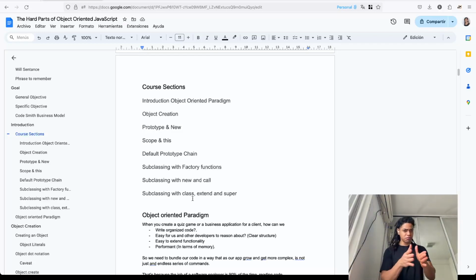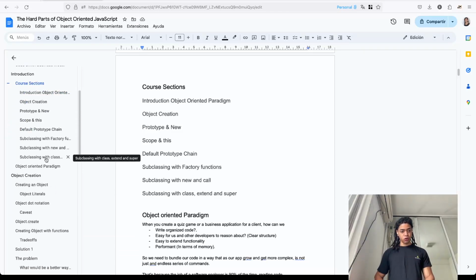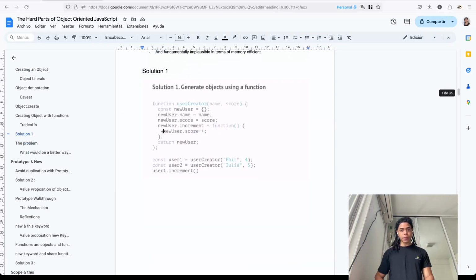So everything in JavaScript is an object, okay? And especially those built-in objects, they are also functions. So we're going to see about that later. But then we look at how we can create objects using functions, which is solution one, and